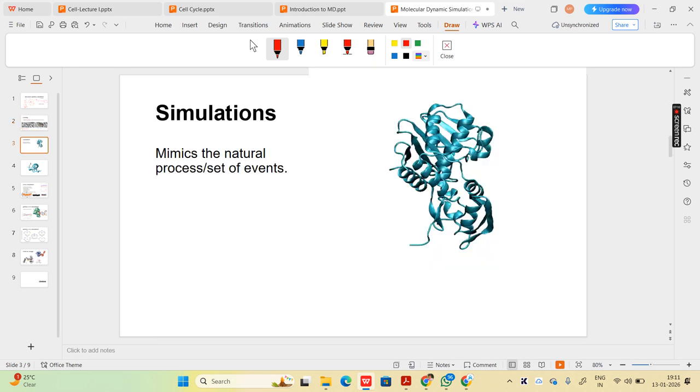Why are we actually doing simulations? This is to mimic the natural process. What happens inside our body, exactly that we want to do. To understand those things in detail, we are doing molecular dynamics simulations. So if you see this one,